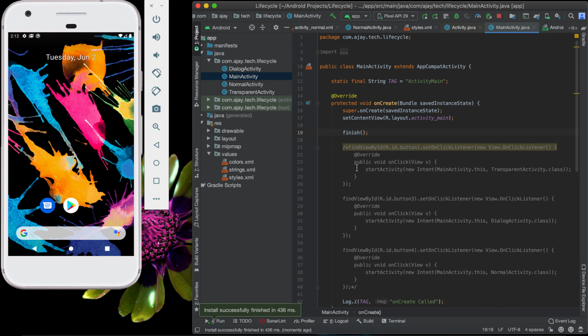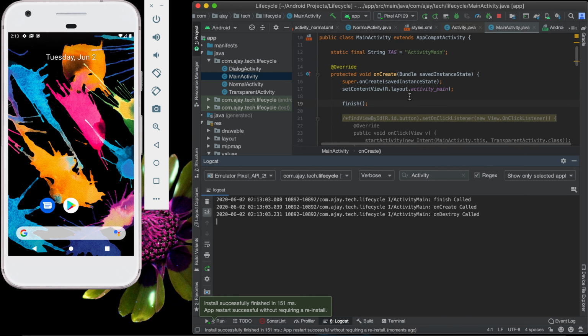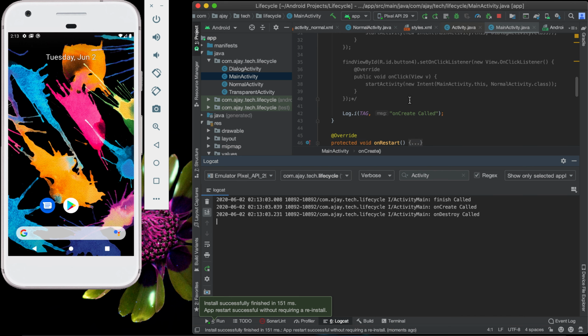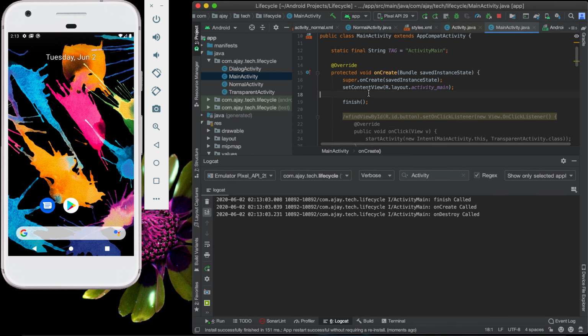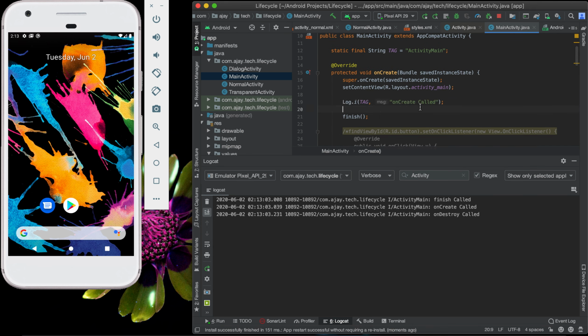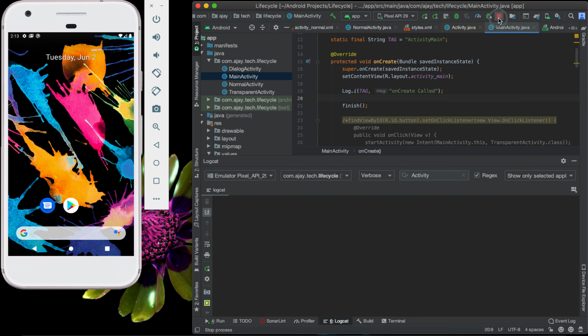So we can see our activity directly goes to the stop state. Now we start again.